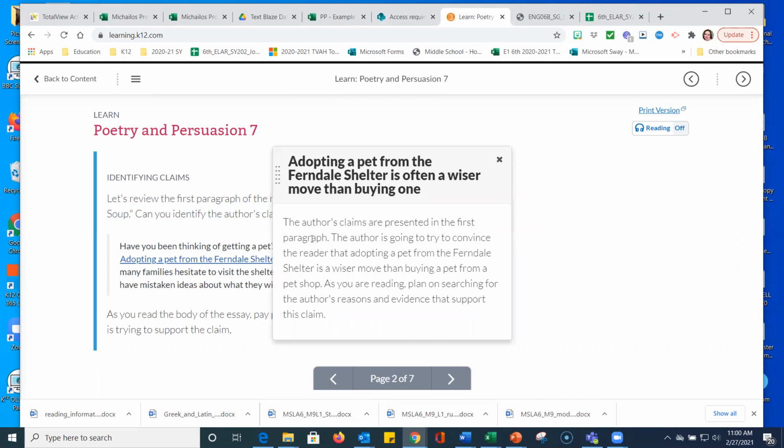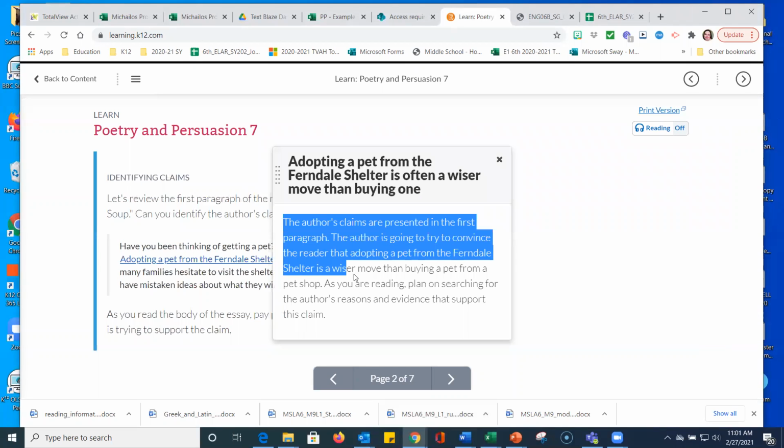All right, let's look at that, and it's highlighted. The author's claims are presented in the first paragraph. The author is going to try to convince the reader that adopting a pet from the Ferndale shelter is a wiser move than buying a pet from the pet shop. As you're reading, plan on searching for the author's reasons. So I'm going to take it down to here,